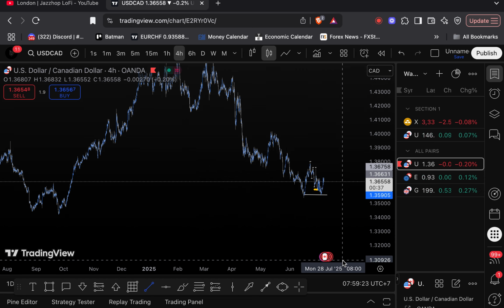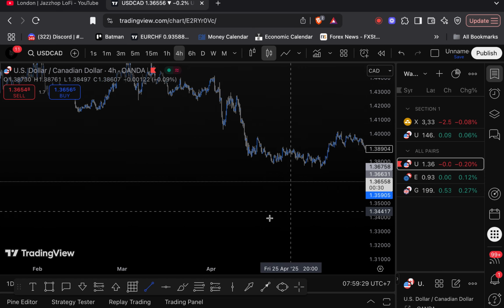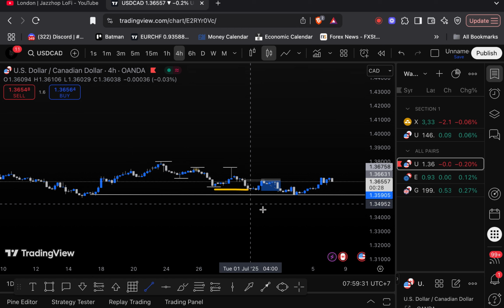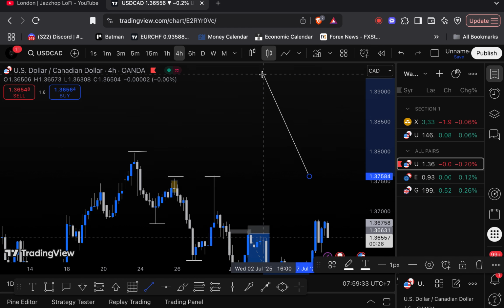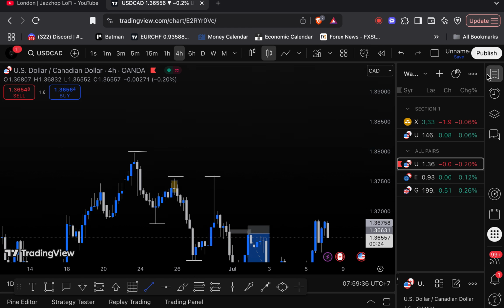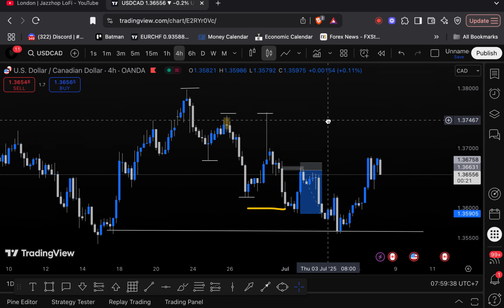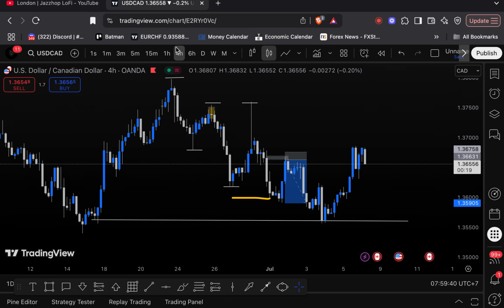What is up here? Today I'm basically going over how I caught this trade on USDCAD, a trade you saw on the thumbnail. This one right here. I want to show you guys how I actually found this and what made me get into this trade. So the first thing I did, if you're a forex trader and you trade smart money concepts,